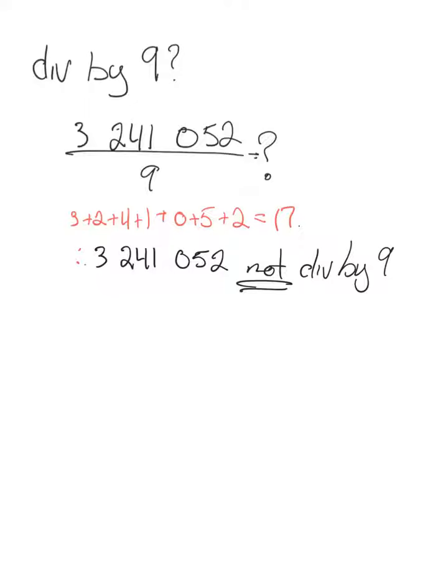So let's just add 1 to one of the numbers. I'm going to do it to the 0. So our new number is